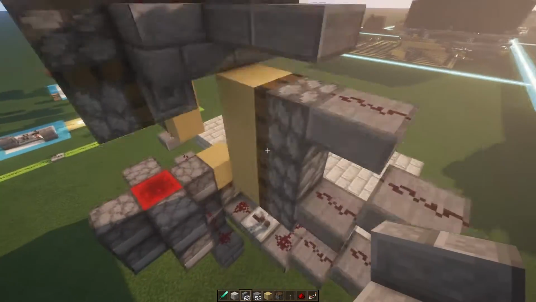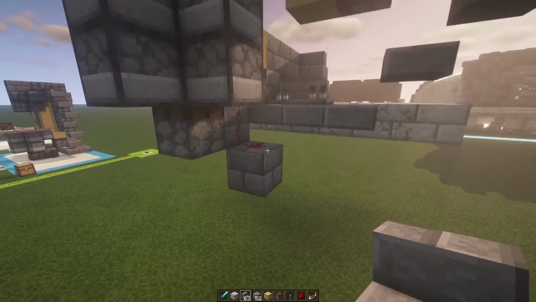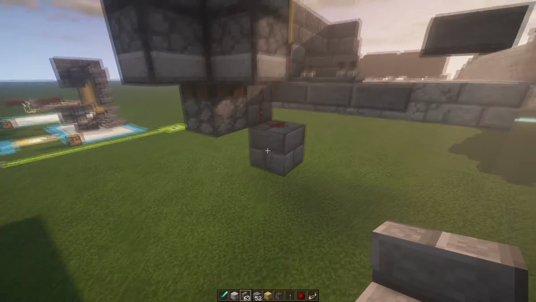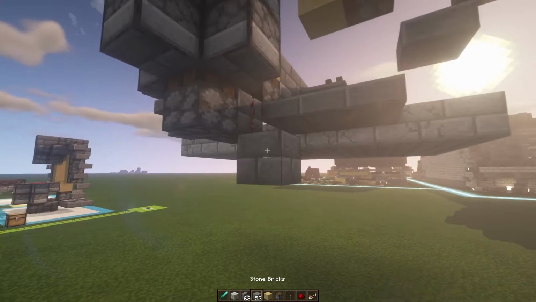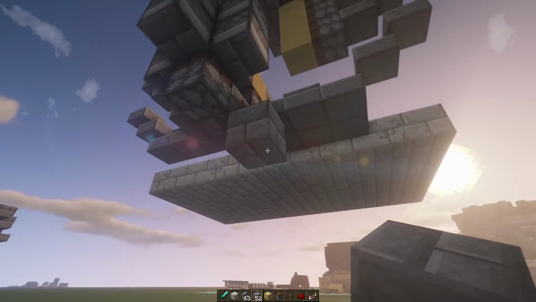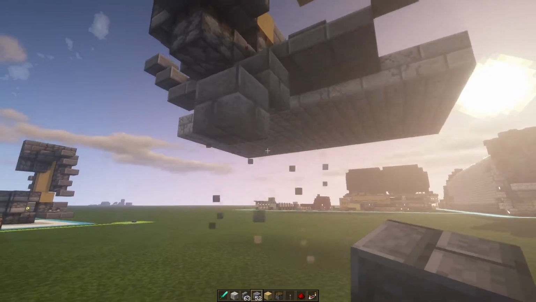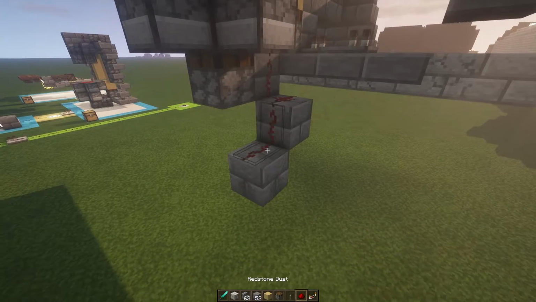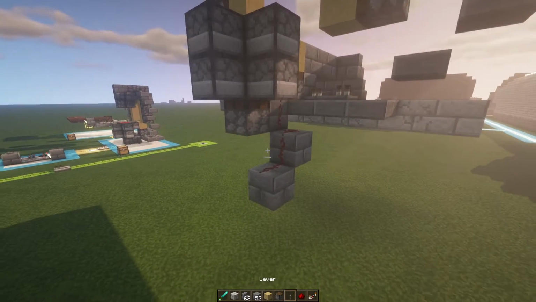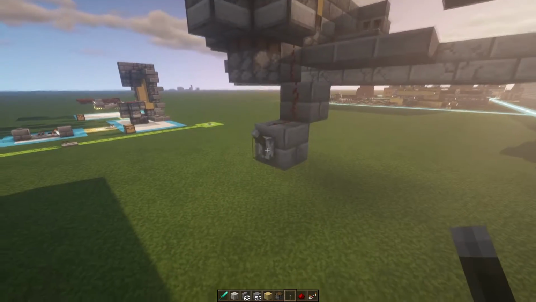Something you should know is that this block down here, this is where the power is going to be going into this contraption. So I would probably indicate that with a special block if you need to. I'm going to just put another block down lower with another piece of redstone dust on top. And you can see that when I put a lever on this and I activate it,